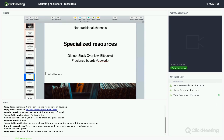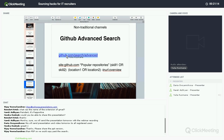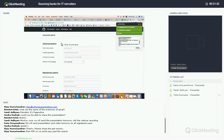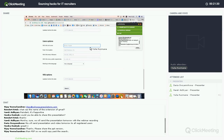Probably you are using GitHub a lot, so I will be just really fast on that. Basically, this is really the easiest way. If we know someone, we want to find his GitHub profile, we can just put the name here in the user scope. What else can we do if we don't know the specific person, we just want to source and find out some new source of information? We can add the location, for example,